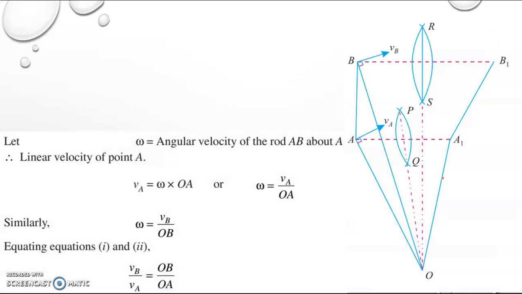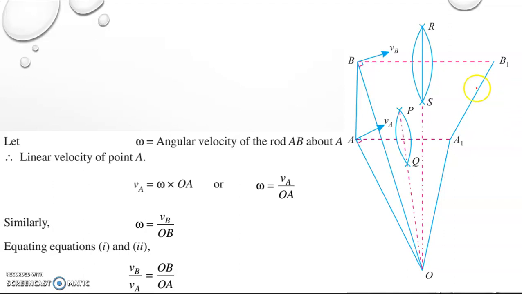And we can calculate the velocity of each and every point using this instantaneous center. Suppose we have a tire, and we have to calculate the velocity of some point on the tire. We know the angular velocity of the wheel only. So we can calculate the velocity by multiplying the angular velocity with the distance from the center. We know that the tire will be rotating about its own center, so we can directly multiply the angular velocity with the radius. We will get the velocity of the tire at any point.